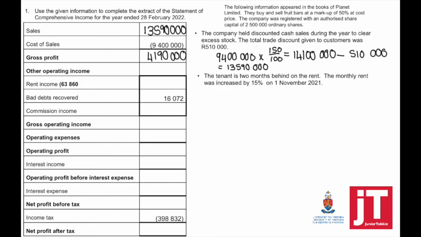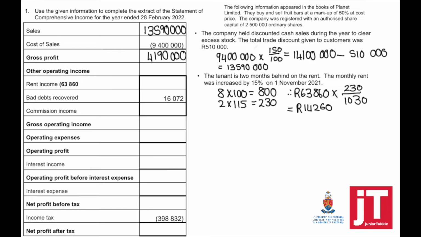The tenant is 2 months behind on the rent. The monthly rent was increased by 15% on the 1st of November 2021. If our accounting period ends 28 February 2022, it means it starts on the 1st of March 2021. If the rent increased by 15% on the 1st of November 2021, it means that for 8 months, our rent was at 100%. So we take 8 times 100. For 2 months, it was at